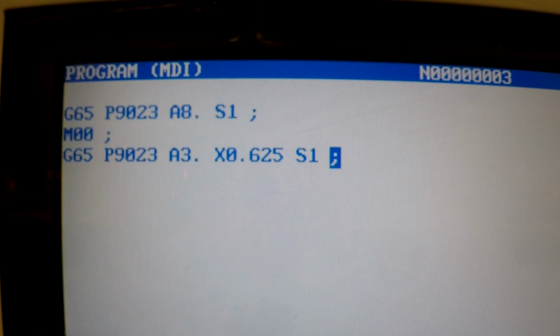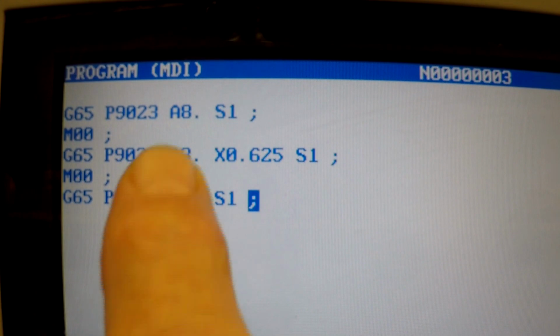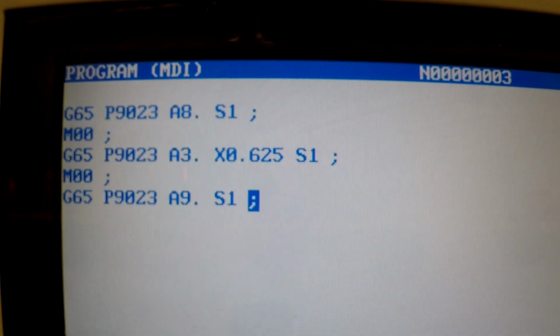And then we're going to go M00 here for program stop. Then we go G65 again, P9023 A9 point, S1 end of block. A9 point is for the Z direction, down in the Z. So just to go over these numbers, A5 point is for the X direction in the plus, A6 point is X in the minus, 7 point is Y in the plus, 8 point is Y in the minus, and 9 point is Z in the minus